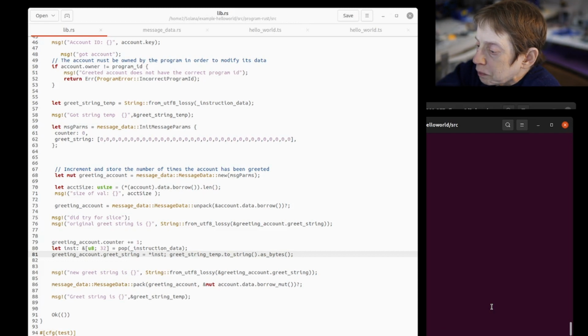The byte array was based on some other examples I had seen where they were trying to store something that looked like a string. And so that's where I got that idea and been playing with that idea for some time. It's nice to be able to do this on a